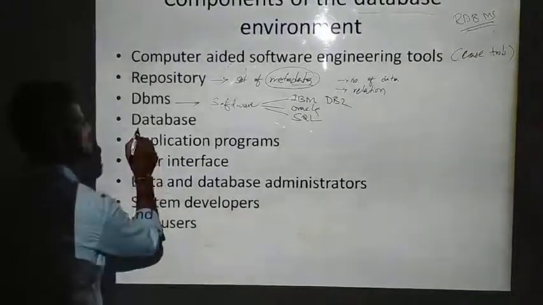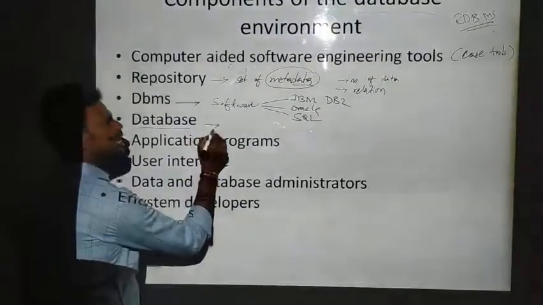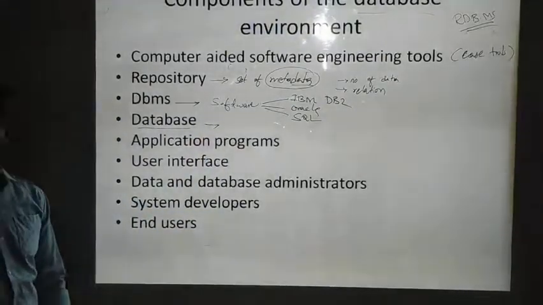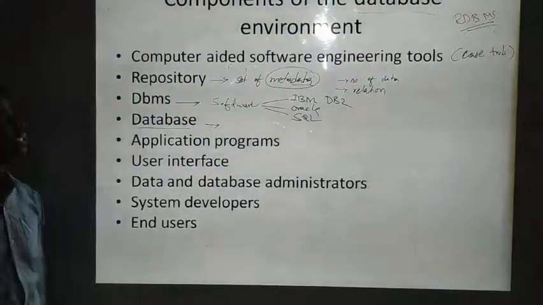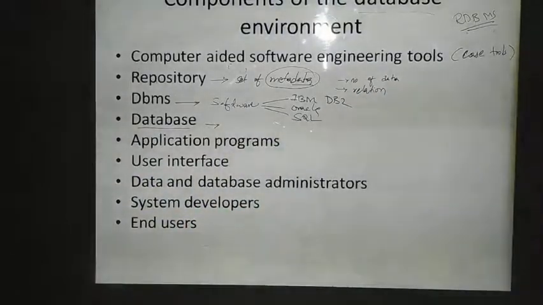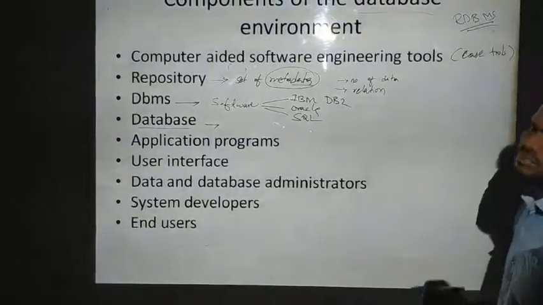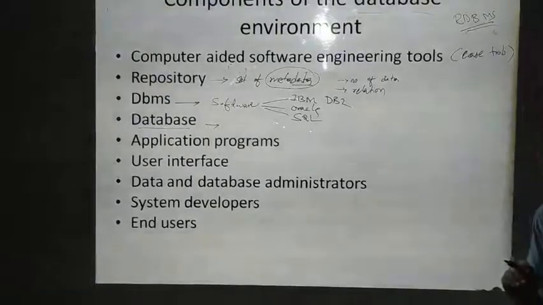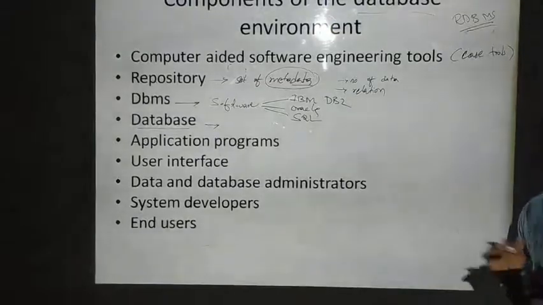And then next is the database. What is a database? A database is a place where we are actually storing our data. A database is a collection of interrelated data which will be storing the interrelated data. Those databases are mandatory in the database environment. This is the main component of your database management system, I can say. If it is not organized well, then your database management system will not be giving you such good results, I can say.